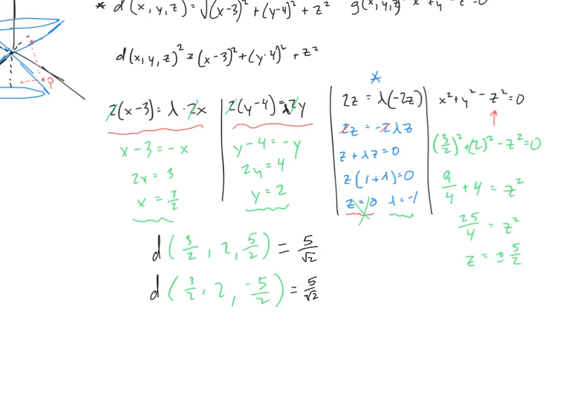Okay, so because that number is the same, it actually means that those points both minimize the distance from the point, or they're the closest points to (3, 4, 0) on the cone. Okay, so that was a really long